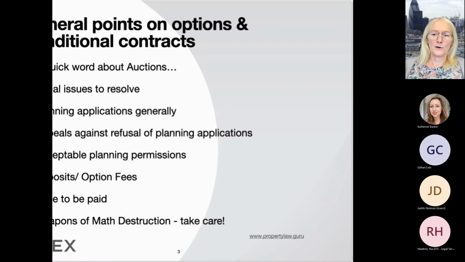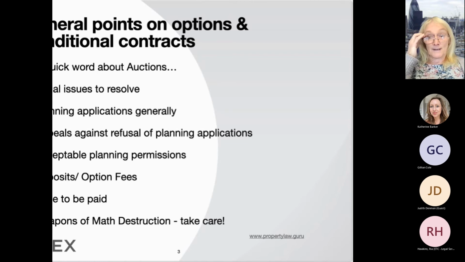However, if you've got an option that says the builder must buy it, it's a conditional contract, even though it's got option on the front. If you've got a conditional contract where it says the planning permission is approved by the builder in their absolute discretion, it's really just an option. So it's not just a question of picking up a PLC document, printing it off, topping and tailing it with names and prices and rushing it off to the other side.